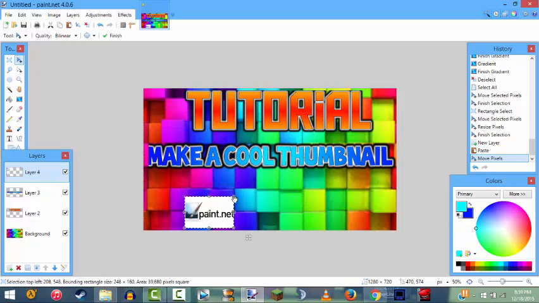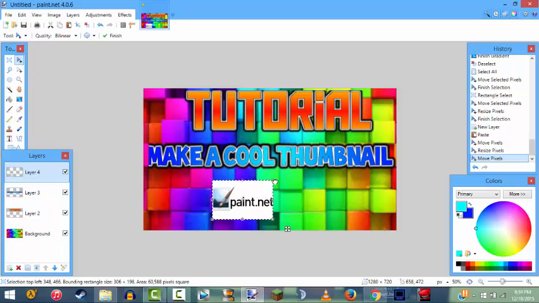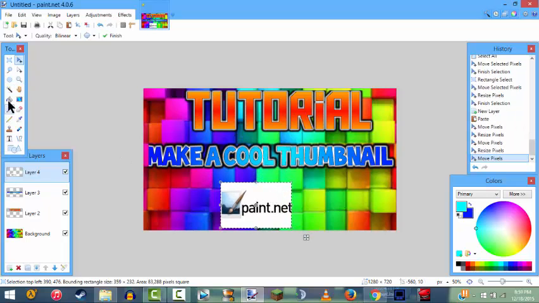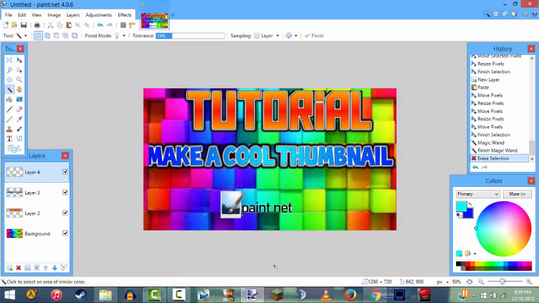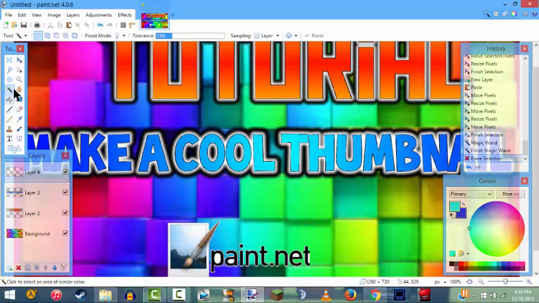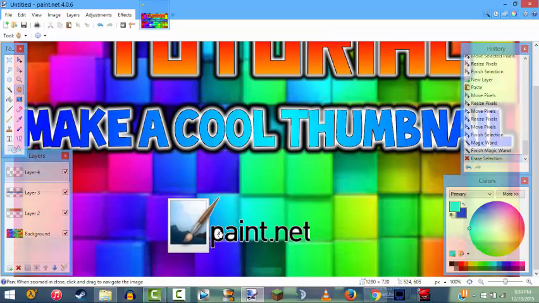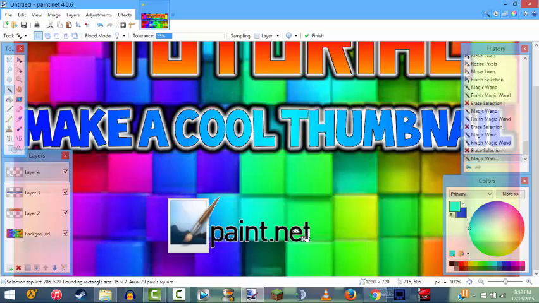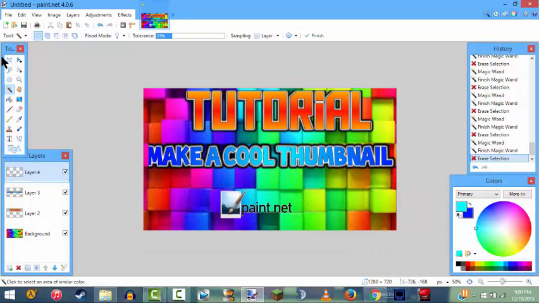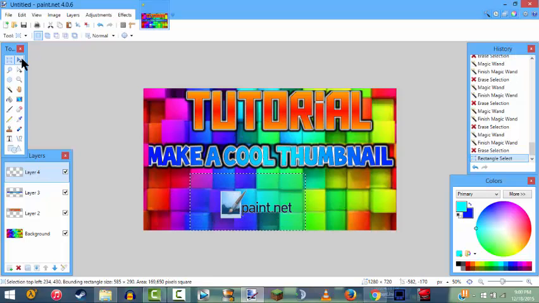When you get your logo in here, you make it a little bigger, just enough to make you happy. Go to your magic wand, you can move the tolerance up a little bit. Select all, delete. It should be all deleted. If you see any of these things in the little white spaces in the middle, all you have to do is take your paint tool and just take it there, there, and there. Yeah, so now it looks like it's transparent in the little thing, and you could select it all, you can move it around,